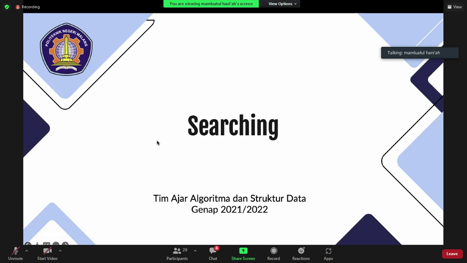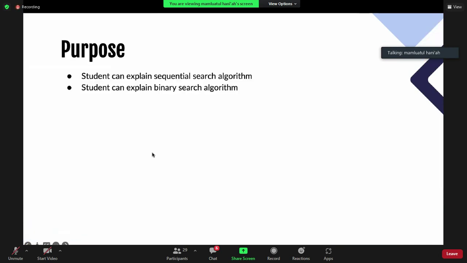Okay, we discuss searching. So for today, we will talk about searching algorithms: sequential search and binary search. And the purpose of today's class is that you can explain the sequential search algorithm and you can explain the binary search algorithm.